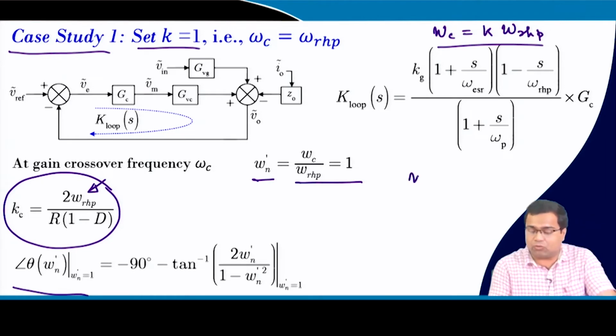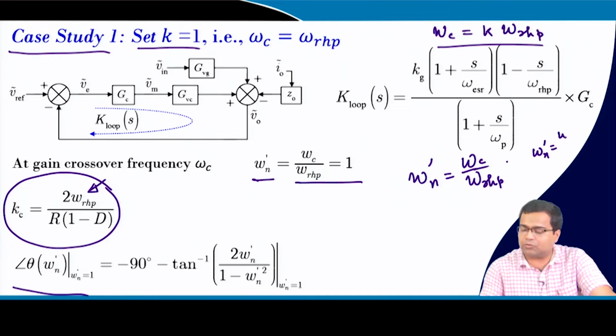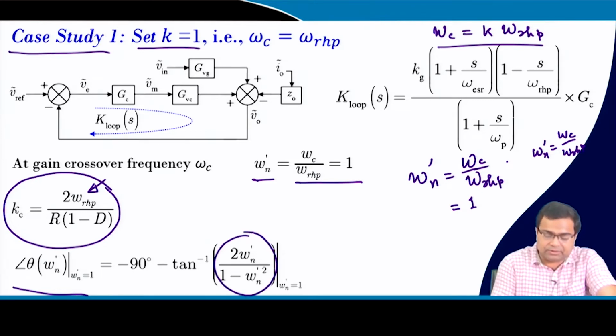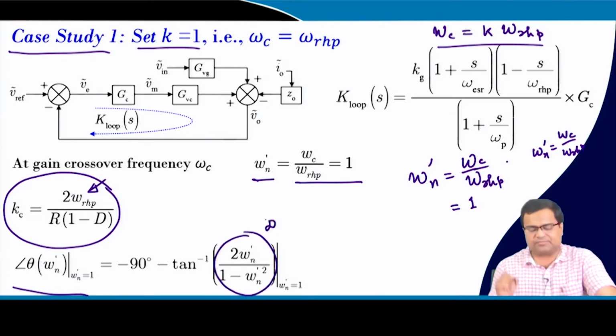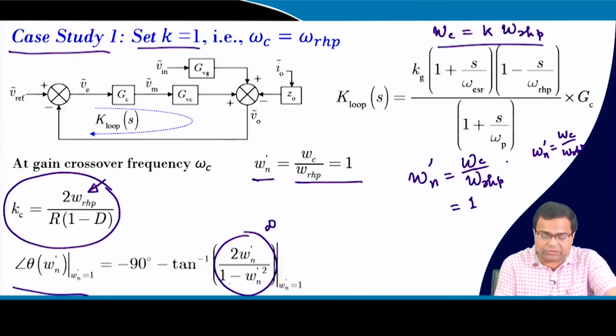Because we know that omega n was originally omega by omega RHP, and that crossover frequency we replace by this, that means dash replace. So, this dash symbol indicates that omega n dash is nothing but omega c by omega RHP. Now, if we set omega c equal to omega RHP, so this is 1, and if you consider this term, it will become infinity,